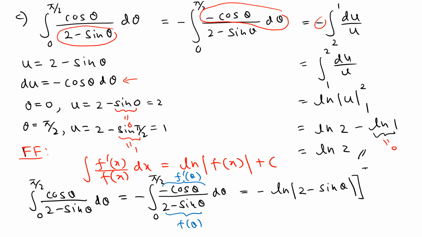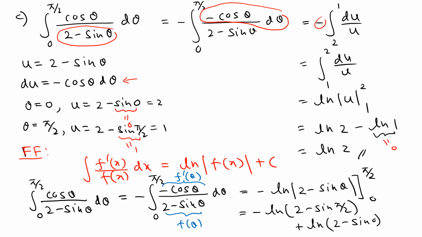Then the limits are pi over 2 and 0. So what do you do? Just plug in the two numbers and you get the answer. So it's a negative. Plug in pi over 2, so it's ln of 2 minus sine pi over 2, since this is positive, we don't need the absolute sign. Minus, and then minus minus becomes plus ln, plug in the new value, 2 minus sine